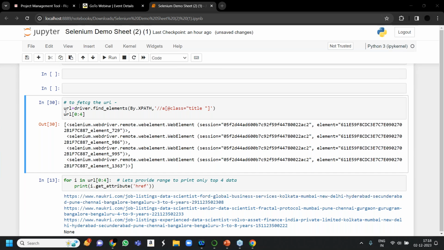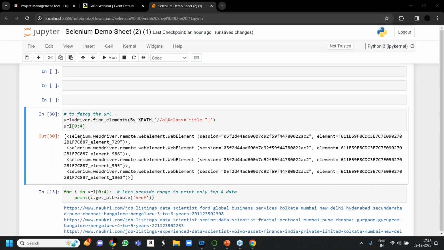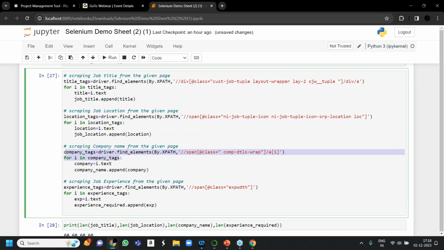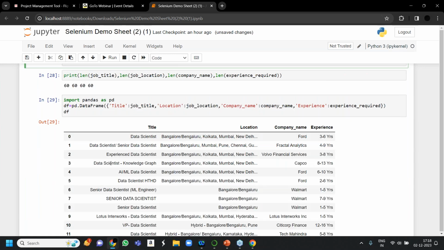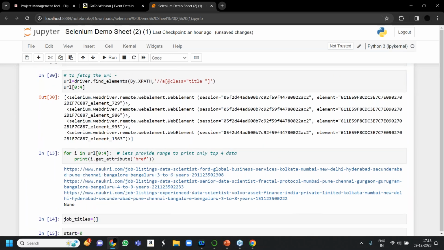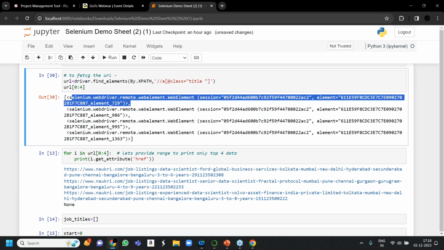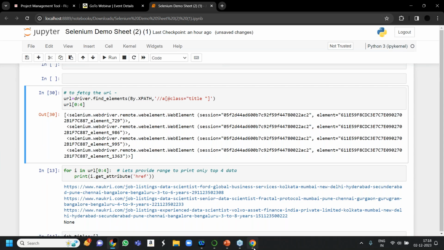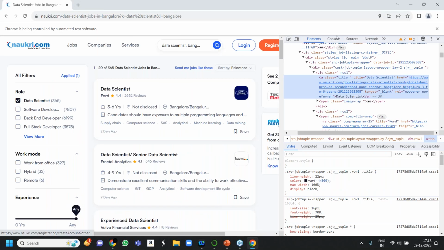See, now what I'm saying, earlier as I have told you, till here, if you have noticed, it was giving me the result, but it was also giving me some unnecessary result. But I only wanted the useful content, so for that I used the i.text. So here also, as you can see, it is not giving me the URL yet. It is giving me something like this. So I only want the URL part. So for that, what I need to do, focus here.